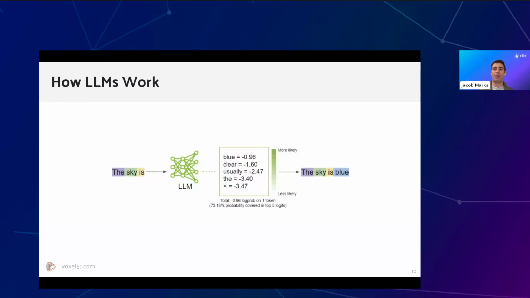And you can change the temperature to add some randomness to all of this, but roughly speaking, the way these things work is you have inputs and you're generating an output that depends and is contextually conditioned on those inputs. And that's going to be important for RAG in a moment.